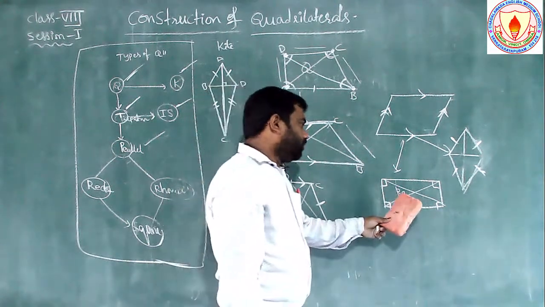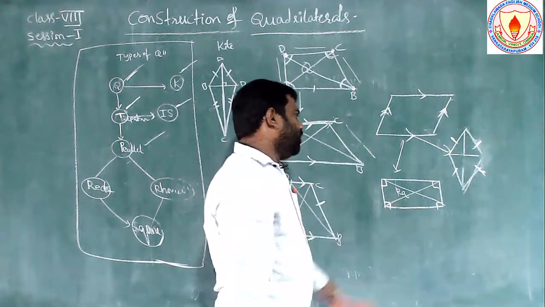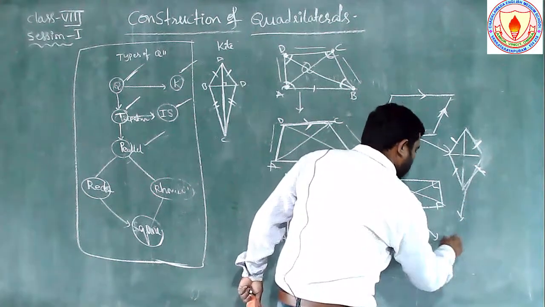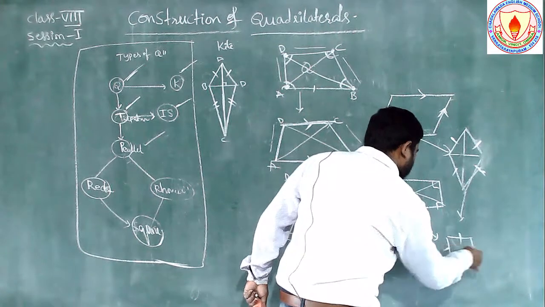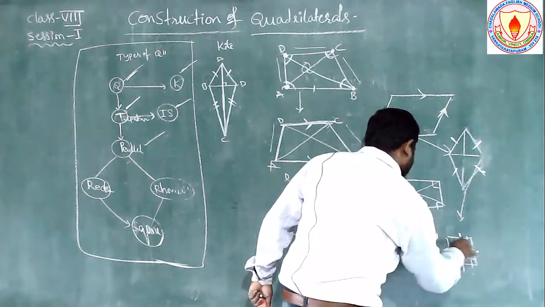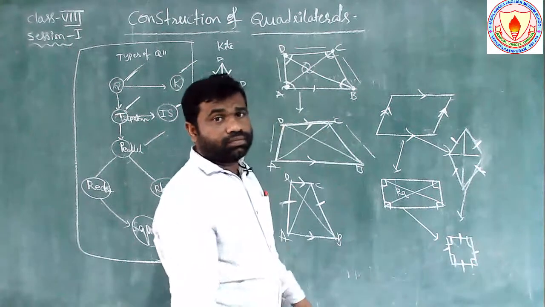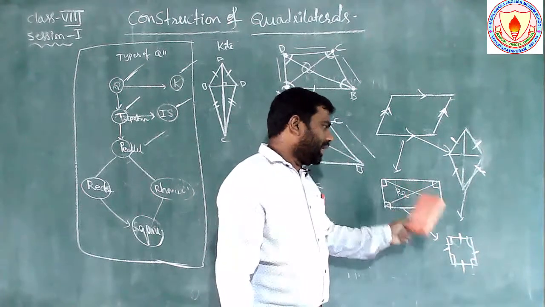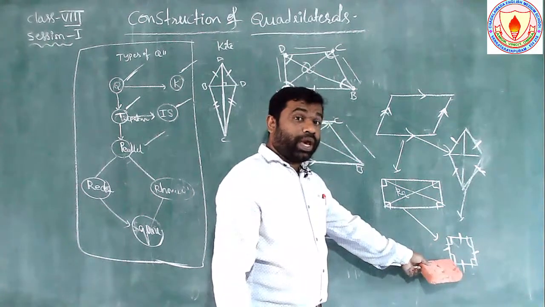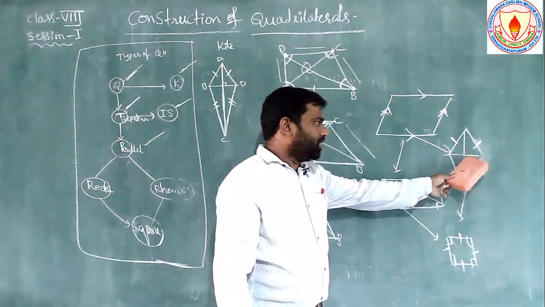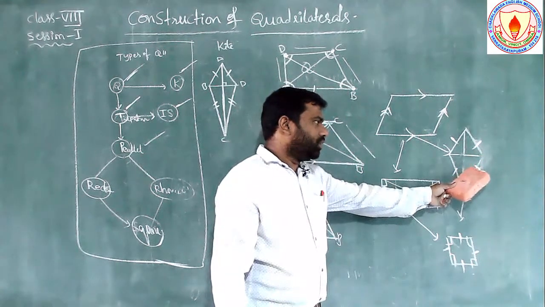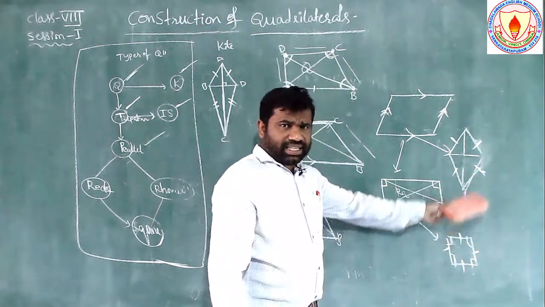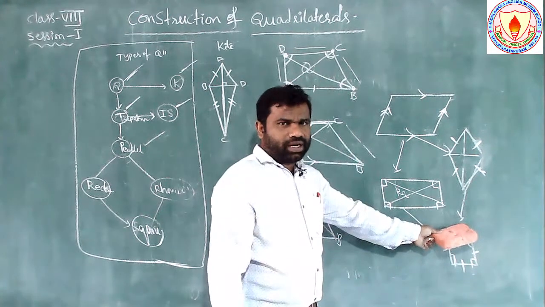Okay? Next, from the rectangle we can also derive, and from the rhombus we can also derive, the square. All sides are equal and all angles are 90 degrees automatically. In a rectangle, if all sides are equal, then the rectangle is said to be a square. For example, from the rhombus: in a rhombus, if all angles are 90 degrees, then the rhombus is said to be a square.